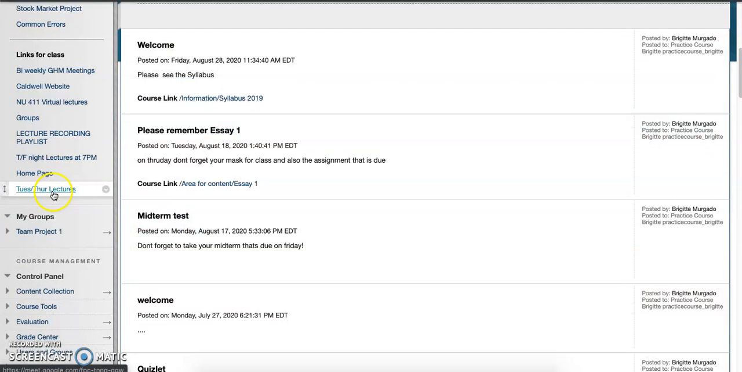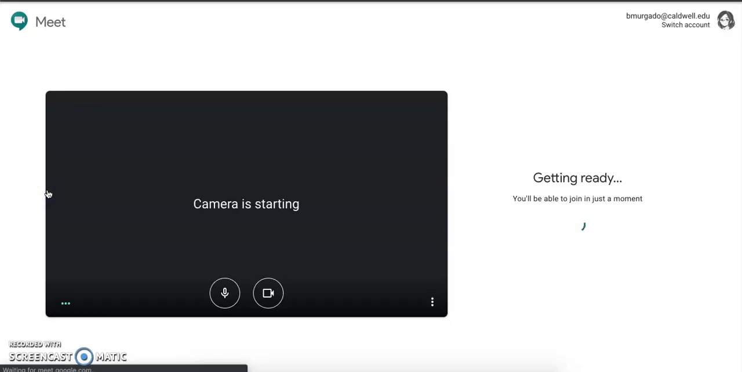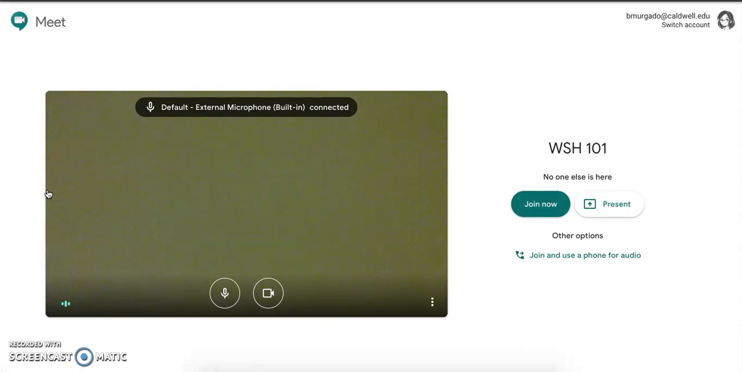As you can see, it was added to the bottom of my menu panel. So what I am going to do is I can just let my students know that the link to the weekly Tuesday, Thursday meetings is on my Blackboard page, and they can simply click on it. And as you can see here, it's taking me to start that meeting